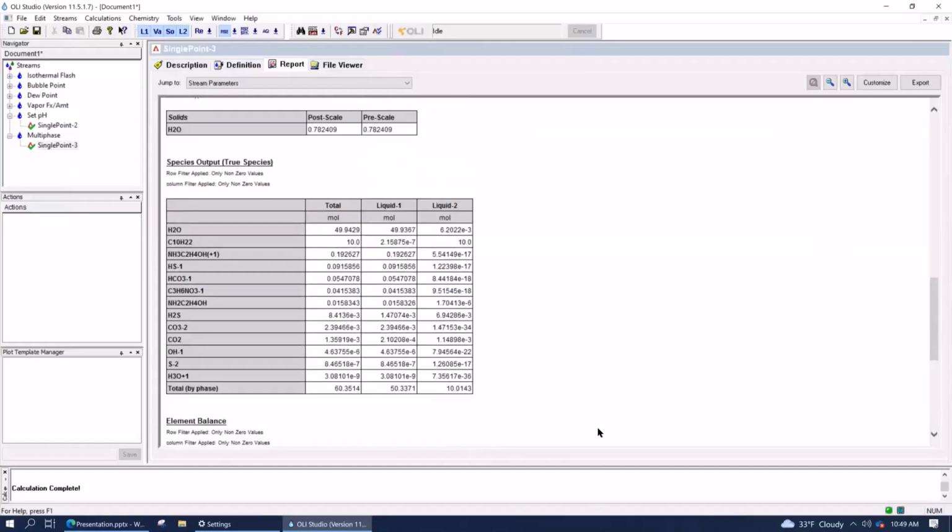And then when we look at the speciation, we can see that most of the MEA here, this is the MEA ion. This is what essentially has been neutralized by the acid. We added 0.25, about 80% has essentially been consumed. H2S, we added 0.1 mole of it, 91% has been neutralized. The CO2, only about 55% has been neutralized.